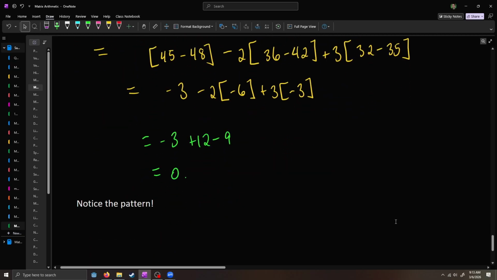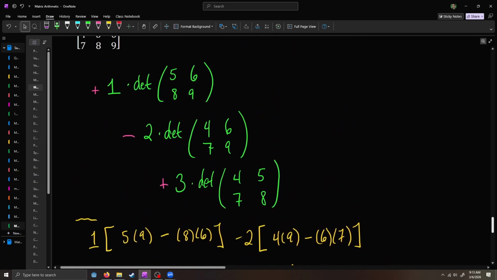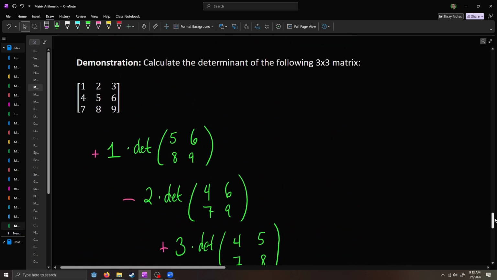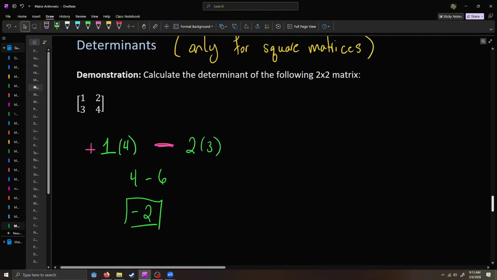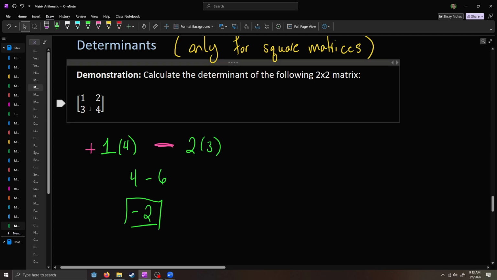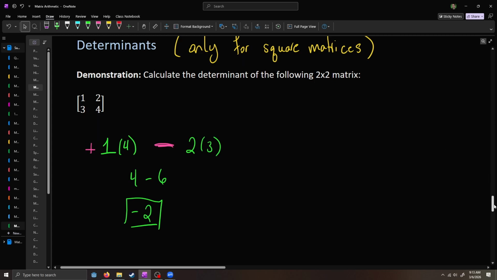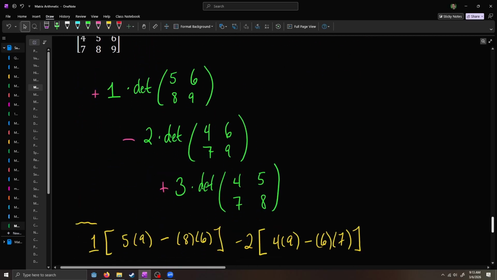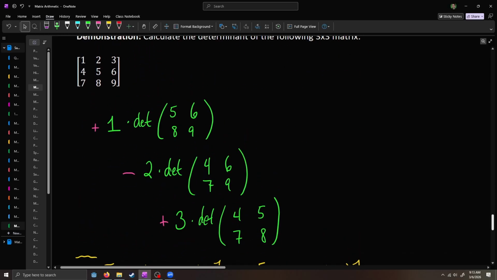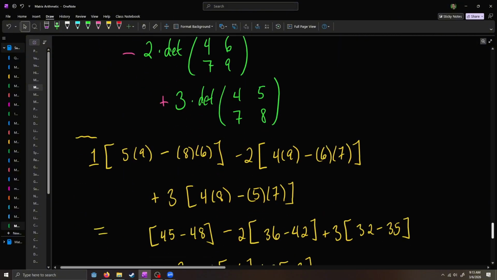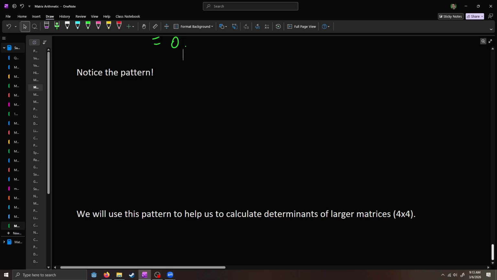So, perhaps as we explain 2 by 2 and 3 by 3 determinants in this fashion, you're beginning to see a little bit of a pattern forming between the 2 by 2 case and the 3 by 3 case of moving along this row and then crossing things out and then working with what is left behind after things are crossed out. And this approach to determinants for 2 by 2 and 3 by 3 matrices will be what we use when we calculate determinants of larger matrices. For example, 4 rows and 4 columns. The pattern here is move along top row,